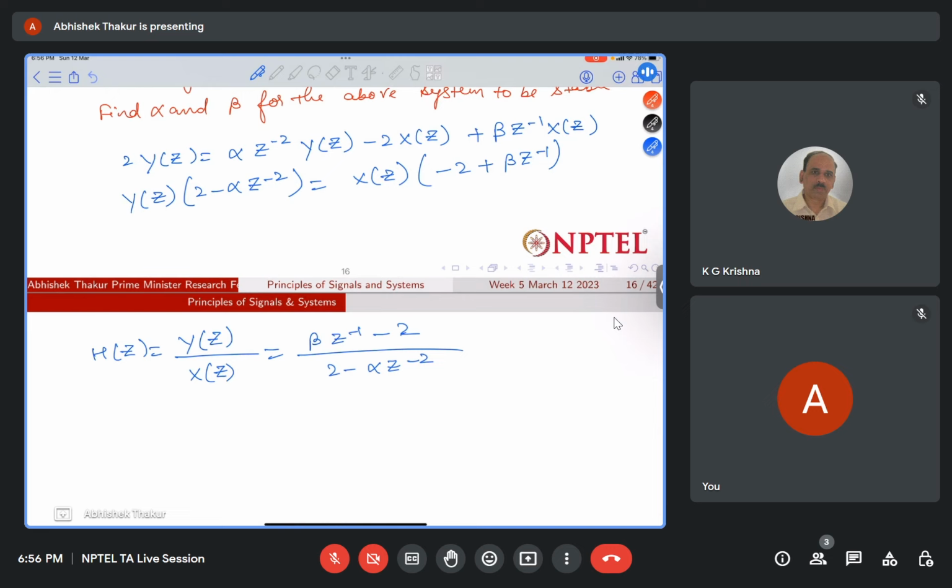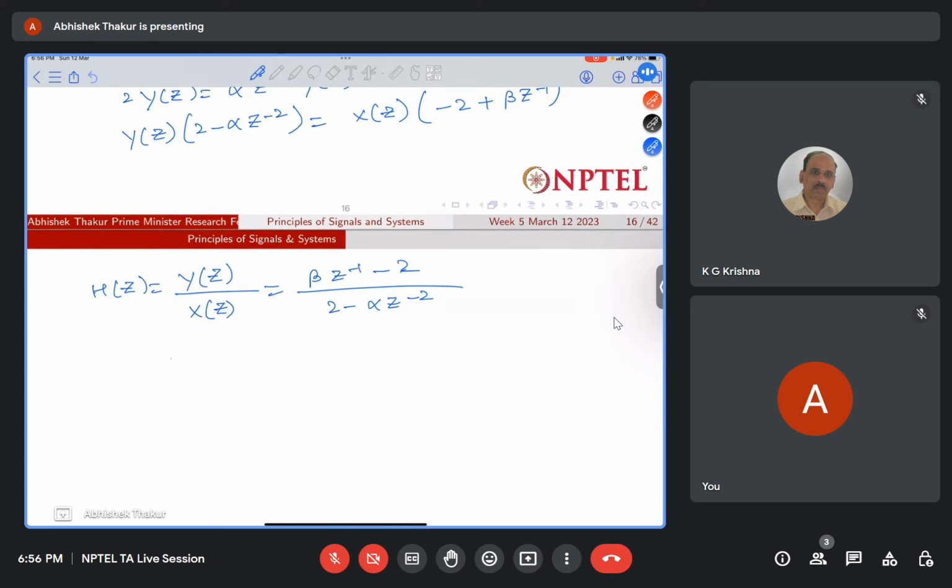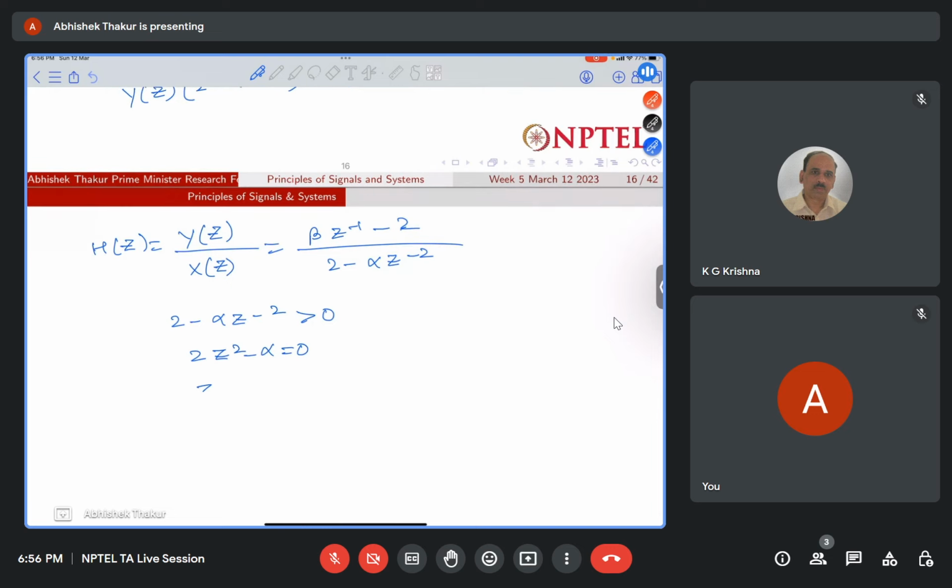So for the system to be stable, beta can be any value. First we'll see here that 2 minus alpha z minus 2 should be greater than 0. So here 2z squared minus alpha equal to 0, let's take. Then z is equal to square root of alpha by 2. This should be less than 1. So this means alpha is less than,